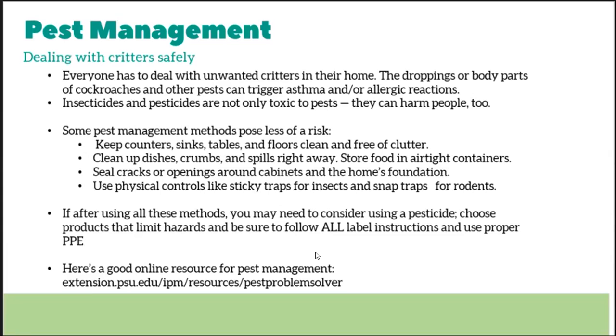And I will say that if those are your big spots, you see really big openings or even just small openings, but maybe you don't have the capacity or the time or the money to seal those off or find somebody who can do that. What is also really helpful, and a really cheap way to keep your problem at bay for a little bit, is steel wool. Most rodents can't chew through steel wool. So if you do have a hole from your basement to your living room or from the outside to the inside, and that's your problem area, that's a really good temporary fix until you can really go in and seal off those